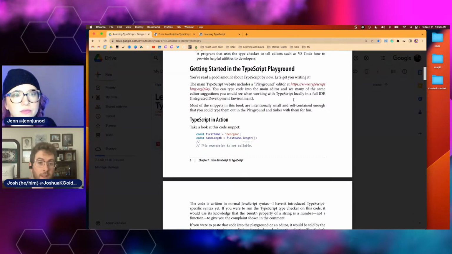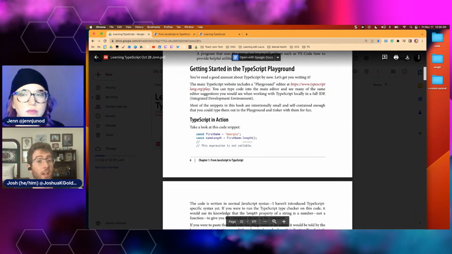I personally use VS Code and then sometimes dip into the TypeScript Playground for quick things. Honestly, VS Code and the TypeScript Playground actually use a lot of the same components to show you editing in TypeScript. It's called Monaco, the text editor that they both use. Monaco is open source. It's extracted from VS Code. So I just suggest the Playground because it's a really easy website for people to visit. You don't have to set anything up. It just works. But if you already have VS Code locally, you're used to it, sure, yeah, it's all the same.